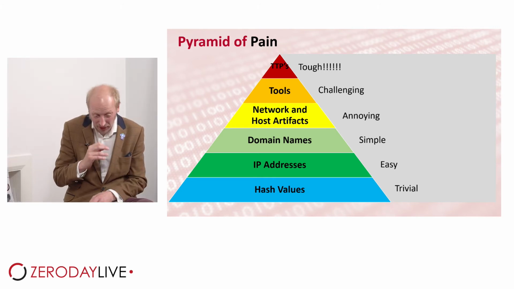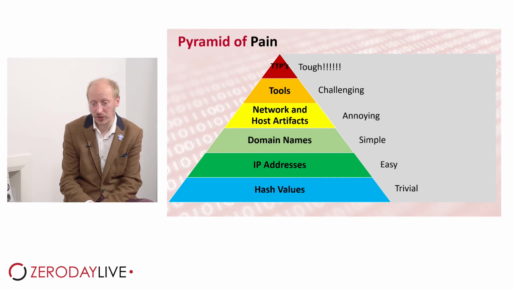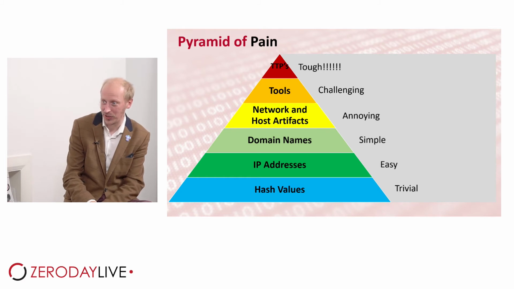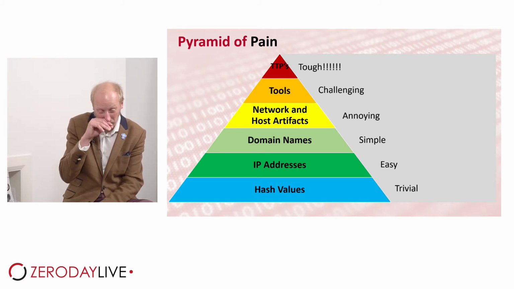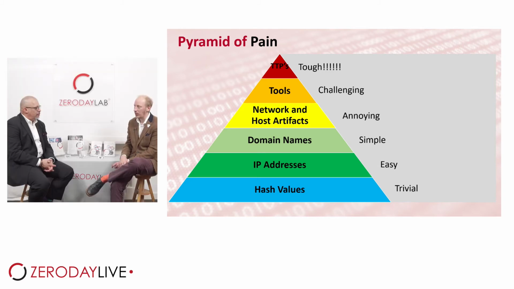And if you're looking at malleable frameworks such as Cobalt Strike, it becomes very difficult to gather any host artifacts or network artifacts, because the idea of frameworks like Cobalt Strike is that you can change the headers to hide the traffic in plain sight. You can inject into or hollow out existing processes. So once it's in and that process is executed, every bit of data I'm sending out looks like a file or an image being uploaded to Facebook, and it's not at all. Hiding the artifacts becomes very, very difficult, so very difficult for defenders to uncover. That's the whole idea of these frameworks: not to be detected in the first place.